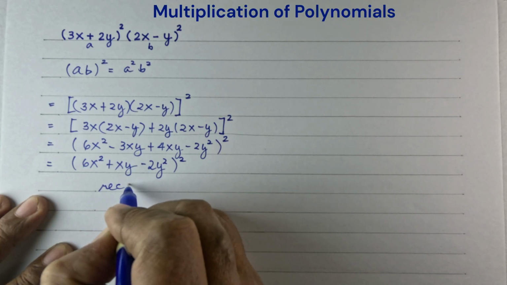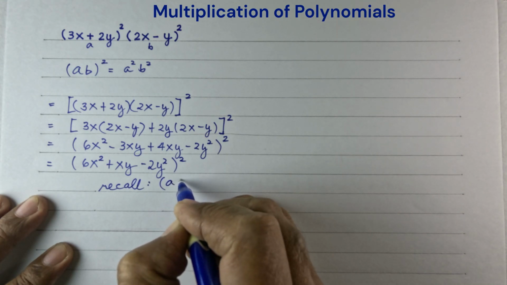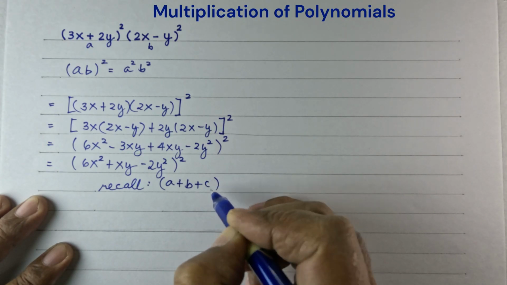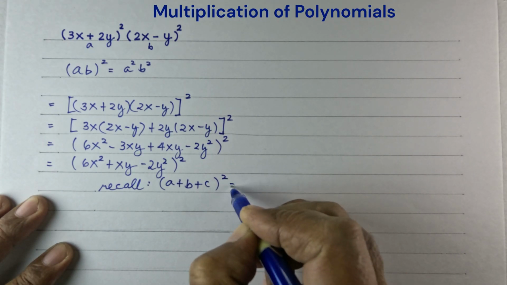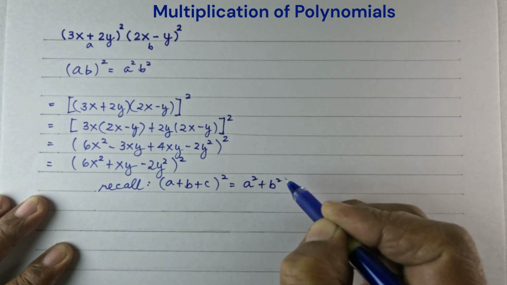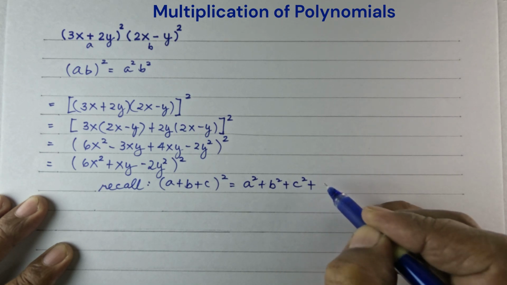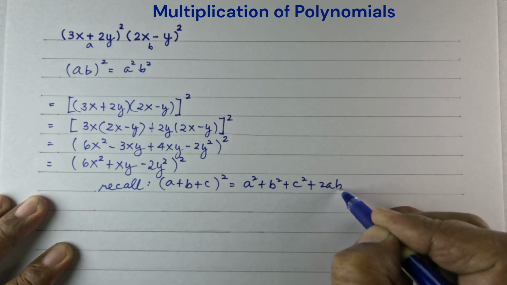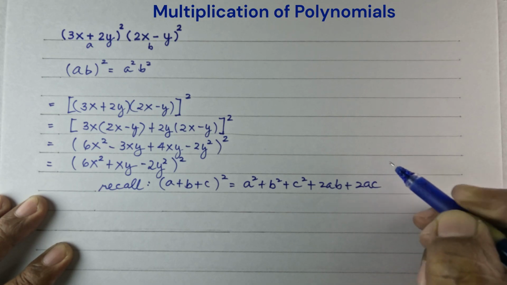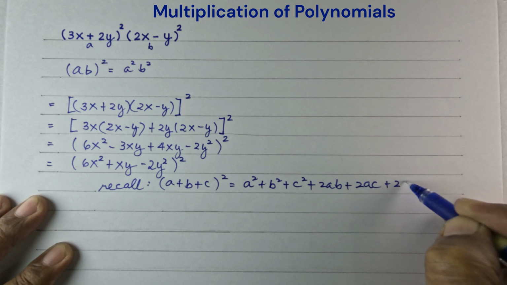If you will recall, (A + B + C) quantity squared is equal to A squared plus B squared plus C squared plus 2AB plus 2AC plus 2BC,